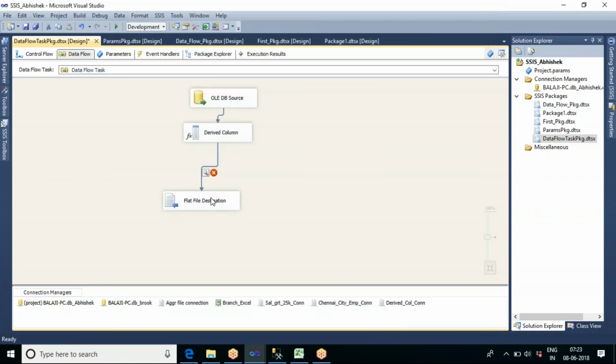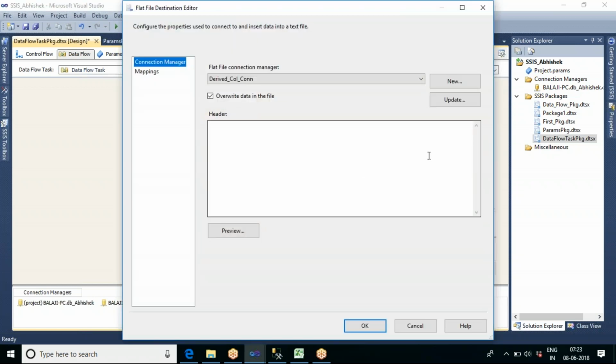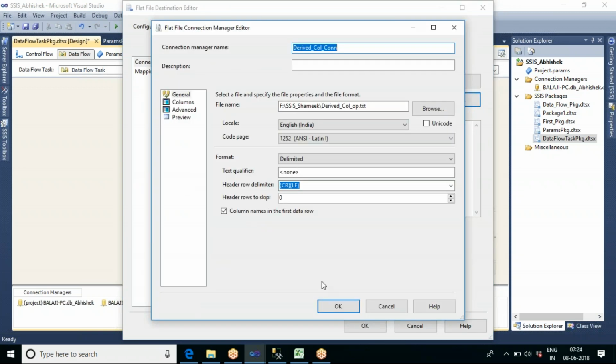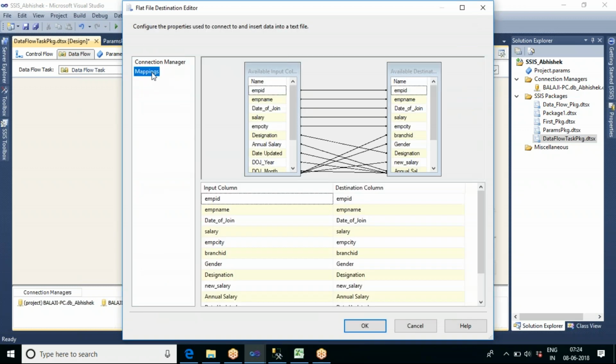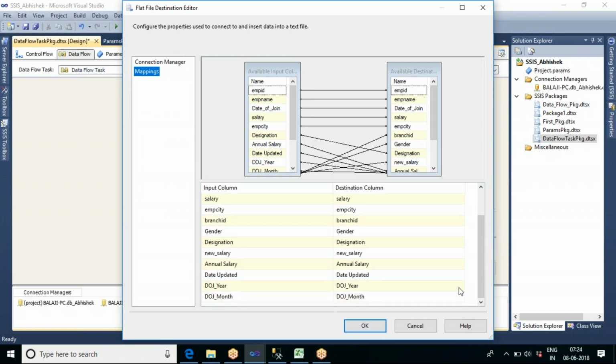Okay, so now you want to remove those columns, no?